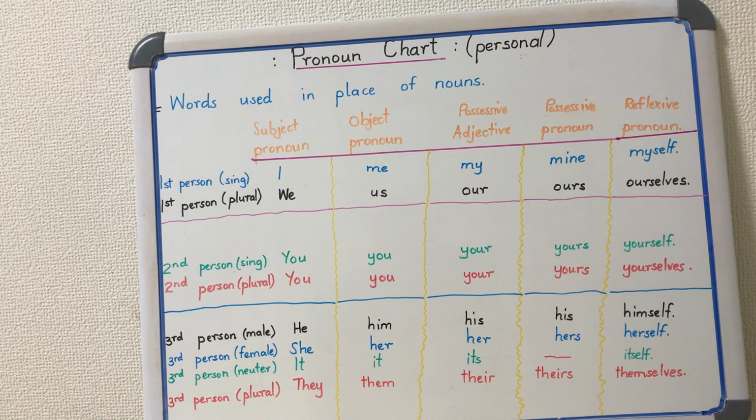Then the third person, what we call neuter, this one, the it, doesn't refer to people. We don't use it for people. We use it for animals and non-human objects or non-living objects. It as a table, a book, a bench, a house, right? So we're saying it, the subject pronoun, it again, object pronoun, possessive adjective, its,